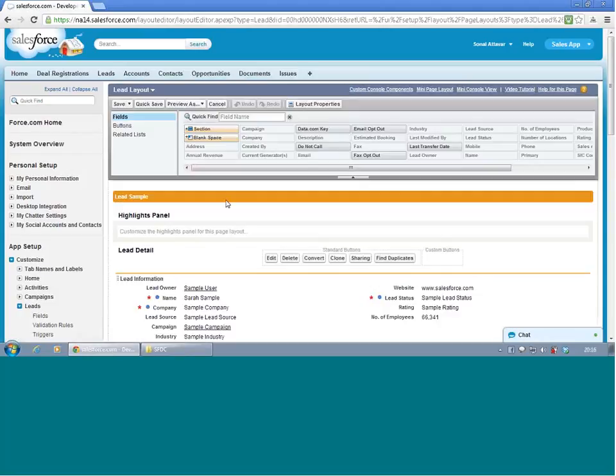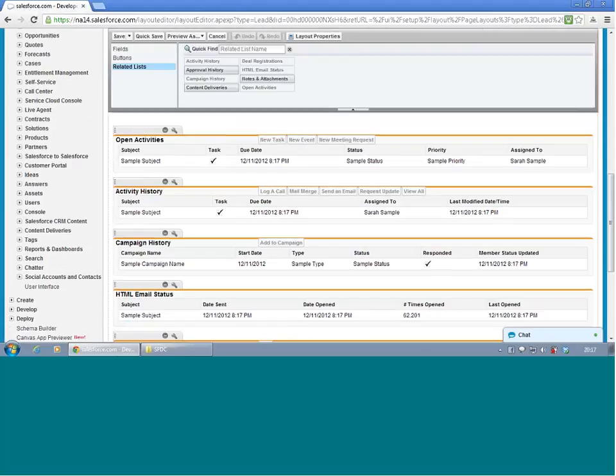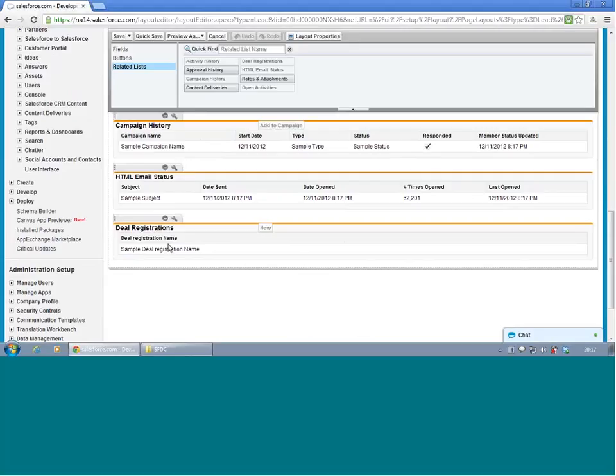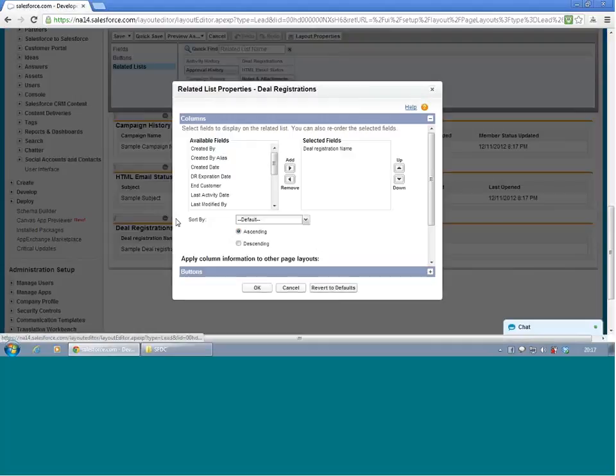And in the related list, now you can see a related list for deal reg object. Okay, so scroll down, you will see the deal registration layout object. So it's already there. So now you can customize what are the fields you want in this related list. So click that small wrench sign. And these are all the fields which are available for you to see in this related list. So now select created date, expiration date, customer,